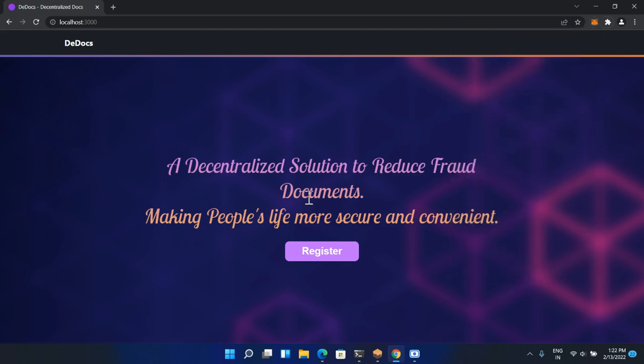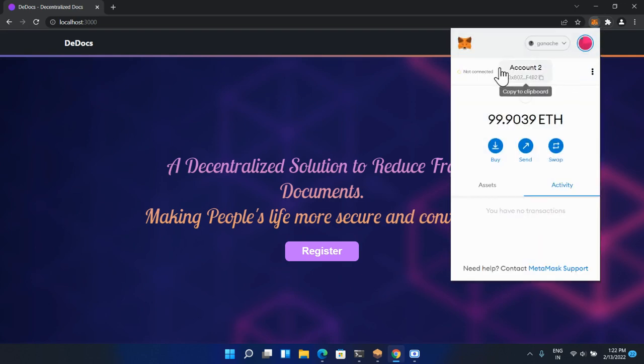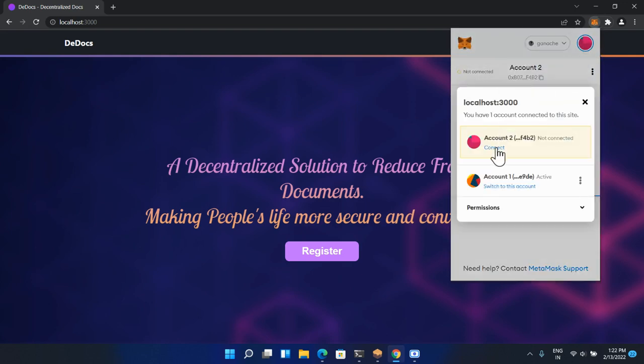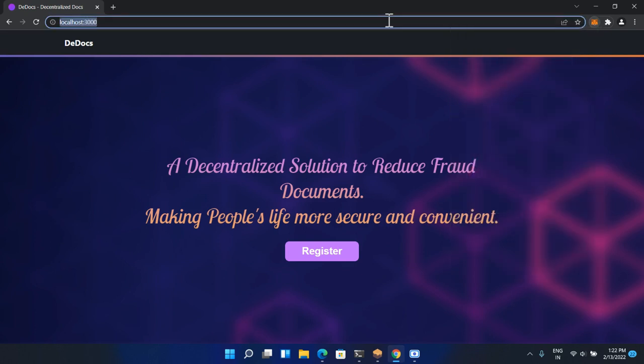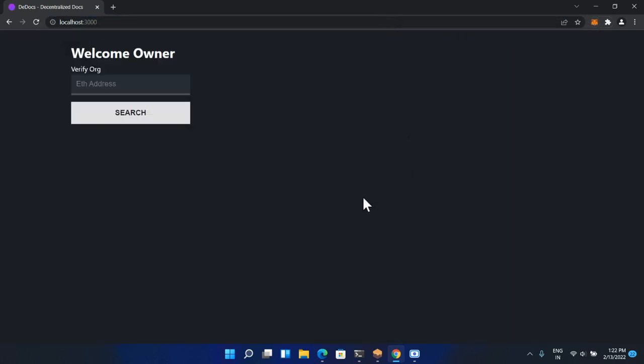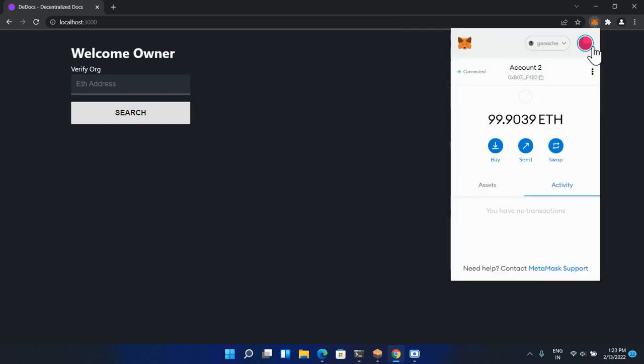So this is the home screen of our project. Now, if we go to MetaMask and connect using the owner's account, we click on connect and refresh the page. You can see this redirects us to the owner's portal. We'll come back to this. First of all, let's go to another account